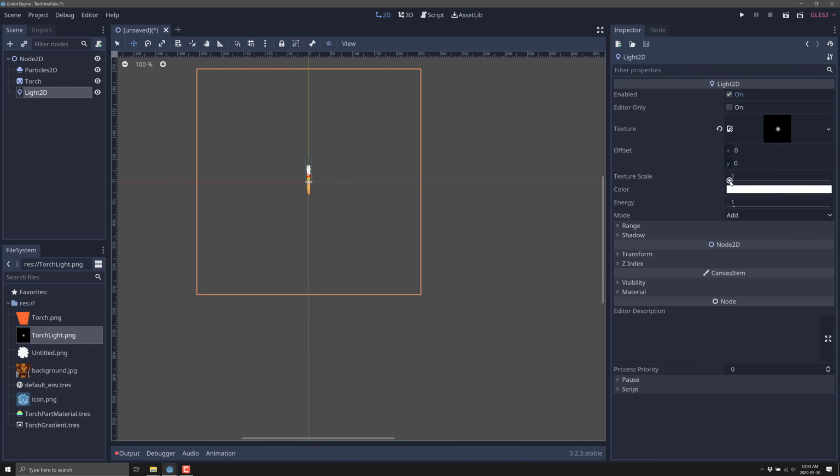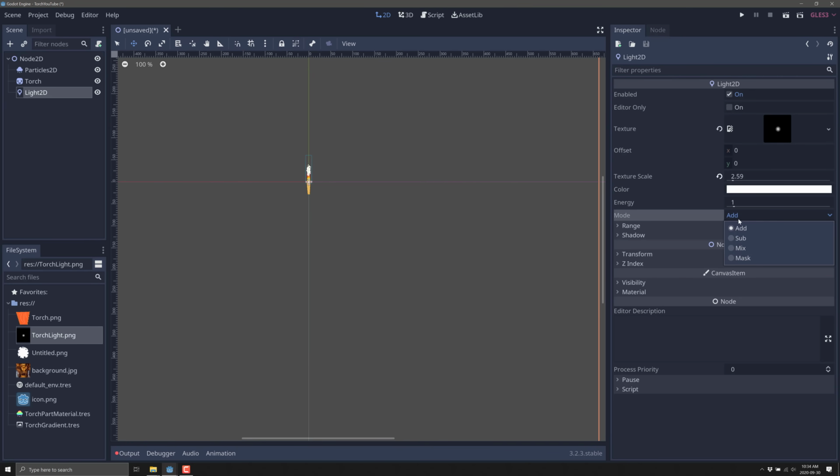Now, one of the things you're going to want to figure out is your scale. And since I'm doing this, what I'm going to be setting this thing as is a mask. So go there. And now what that's doing is when we use it in the scene, where the white is, that will be shown. Where the black is, it will be basically not lit at all.